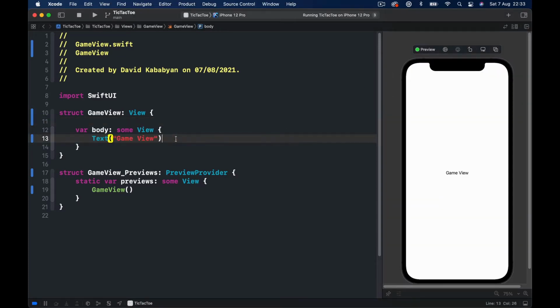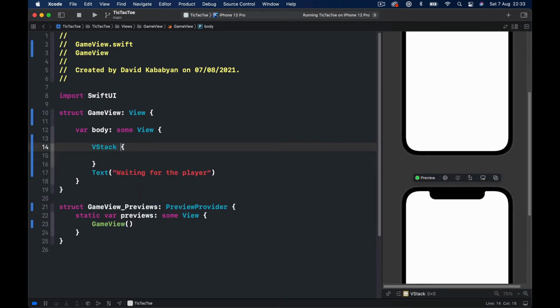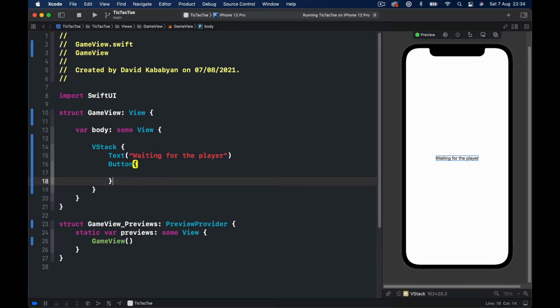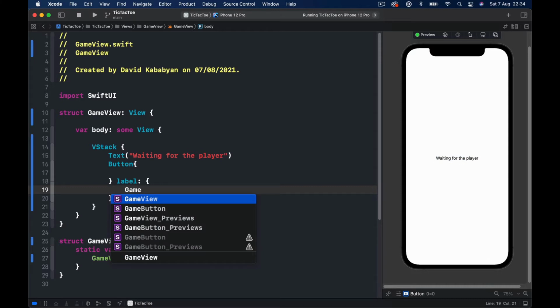I'm going to keep this text here, and let's say waiting for the player, something like that. And let's actually put everything into a VStack, because we're going to have more than one view here. So on top will be our waiting for the player. Then we're going to have a button with a label,